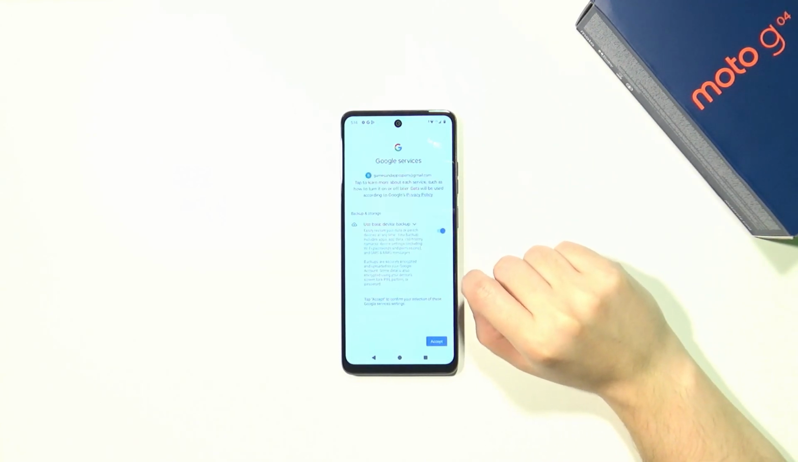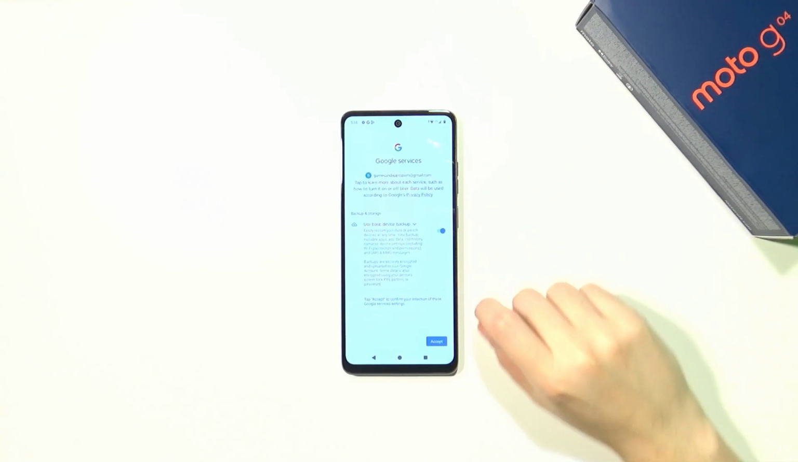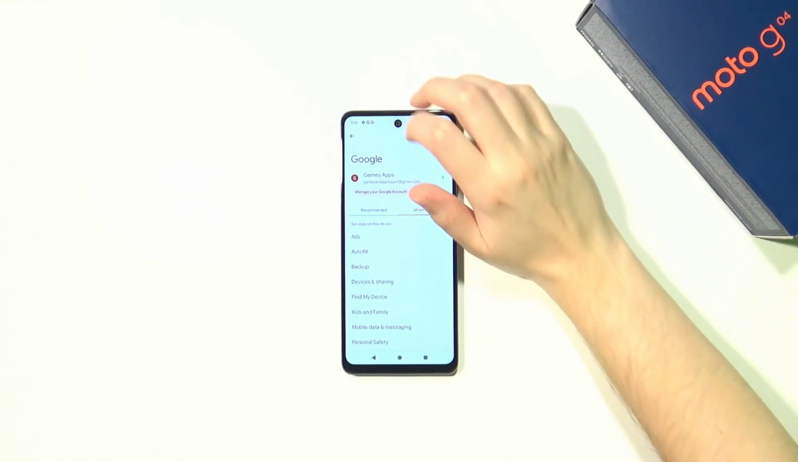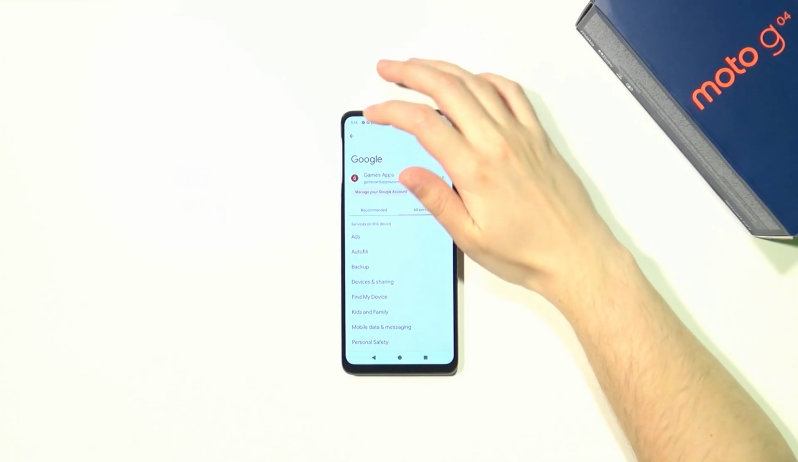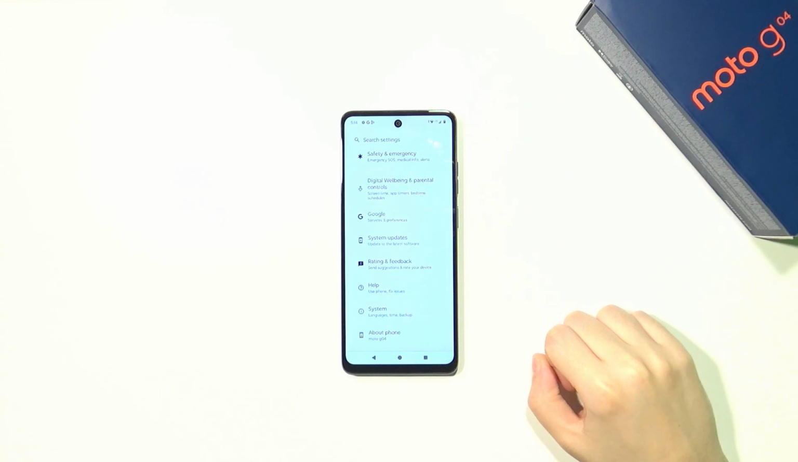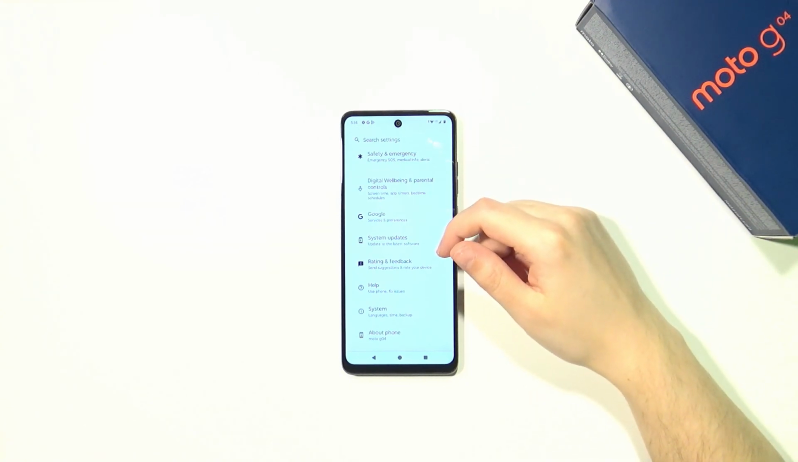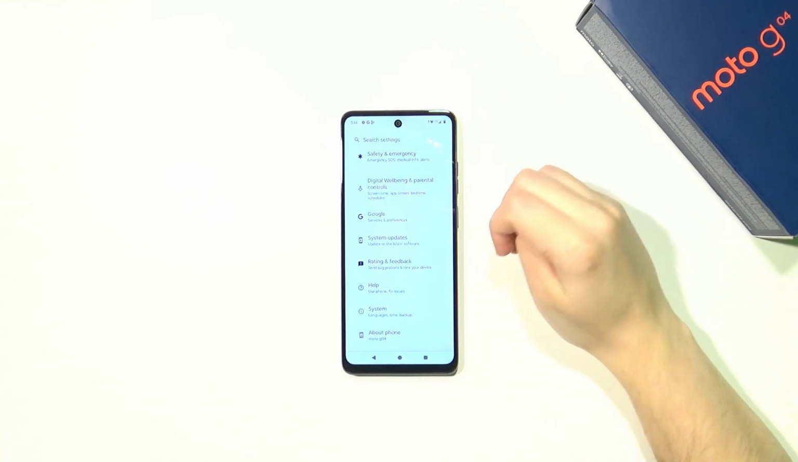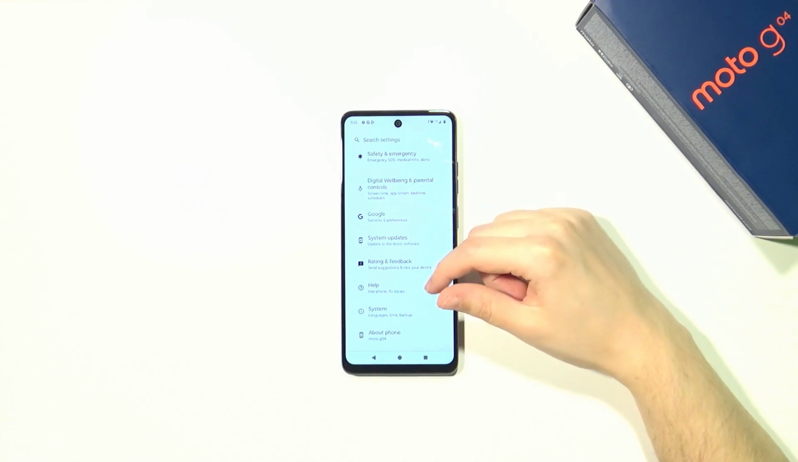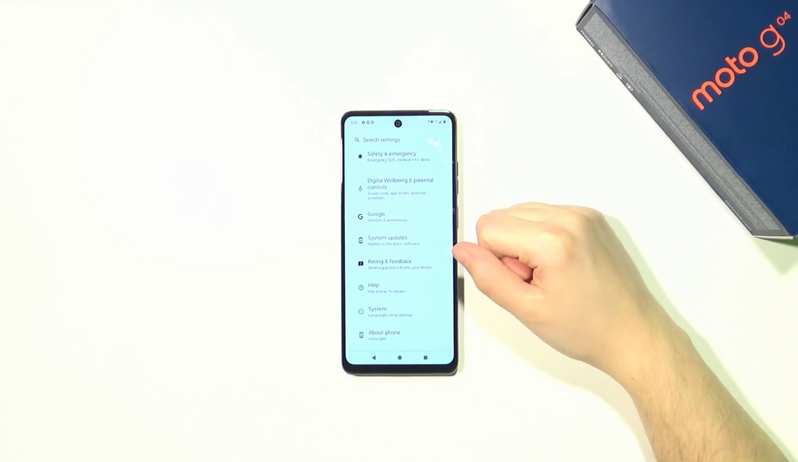Then we have, once again, backup services. So we're gonna accept them. And we have signed into our Google account. So now we can go back. And of course, Google account is used for many things, like the Play Store, or even sometimes the system updates. We might be required to have Google account. So it is of course recommended to have our own Google account in order to not be limited and have access to many other